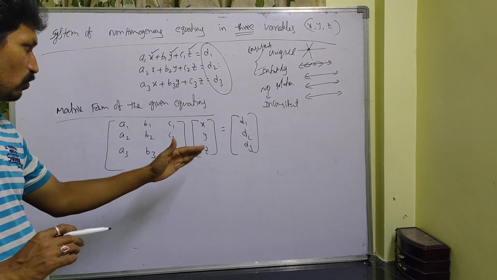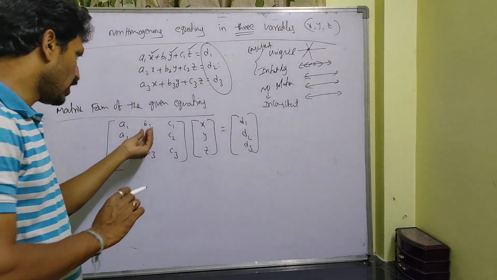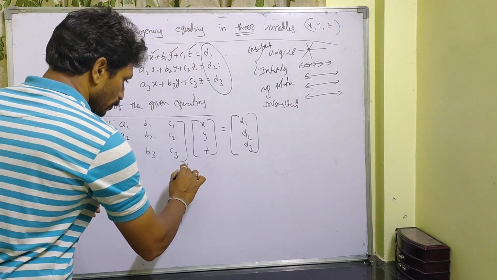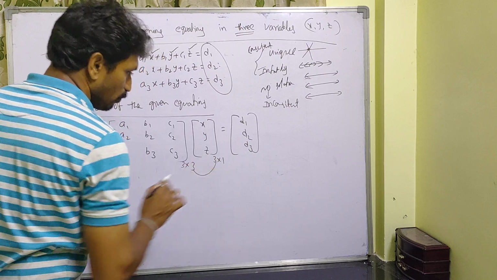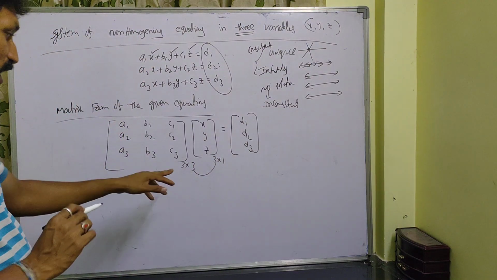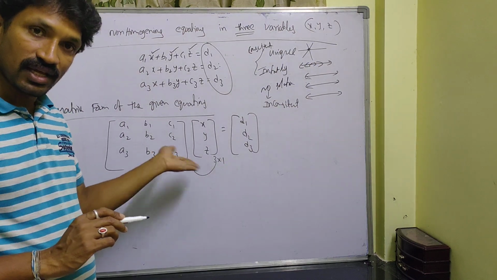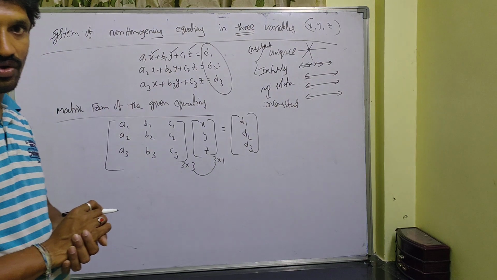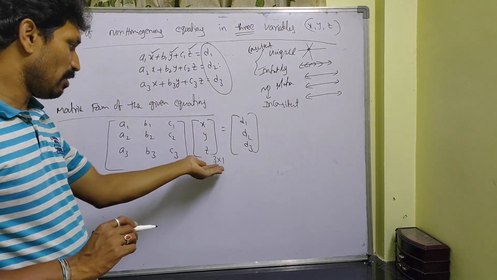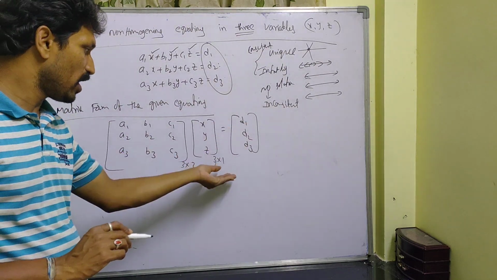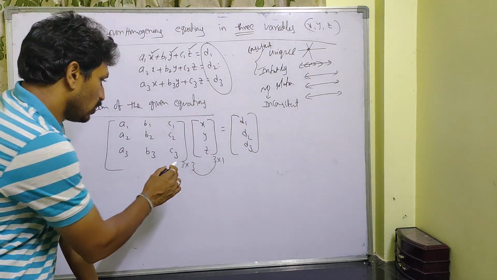Why should we write like this? Actually, the order of this matrix is 3 by 3. The order of this matrix is 3 by 1. So matrix multiplication is possible. The resulting matrix is 3 by 1. 3 by 1 means that it is a column matrix. So column matrix means like this, you will get d1 d2 d3. See here, once you observe, 3 by 1,